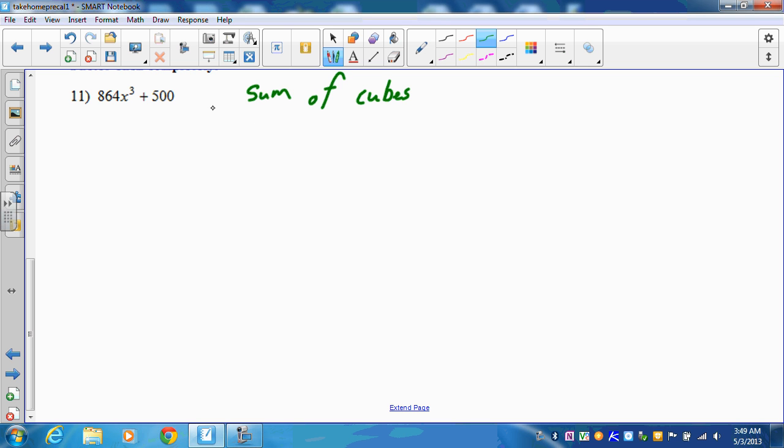Alright, and let's take a look at a simple problem first. If you have x cubed, let's say plus 8, and we want to apply this rule of the sum of cubes,